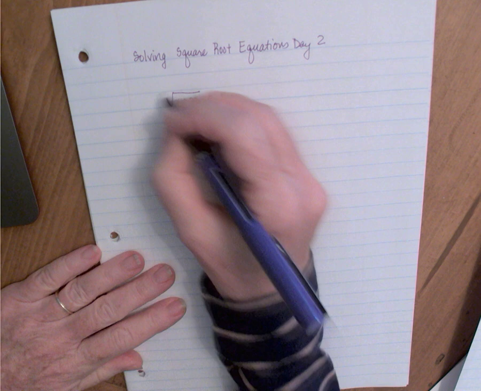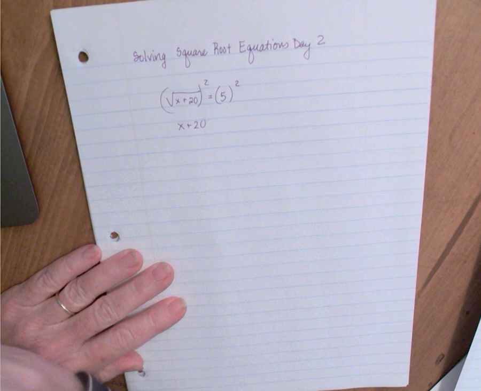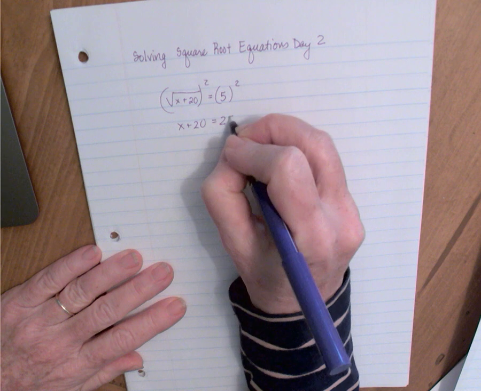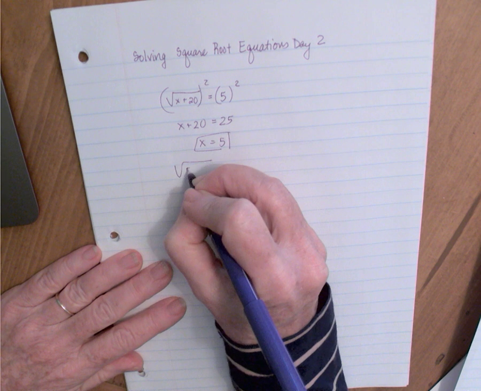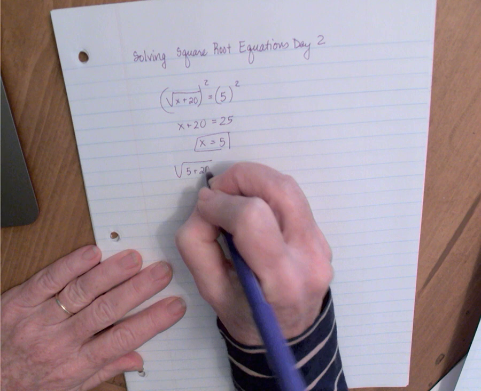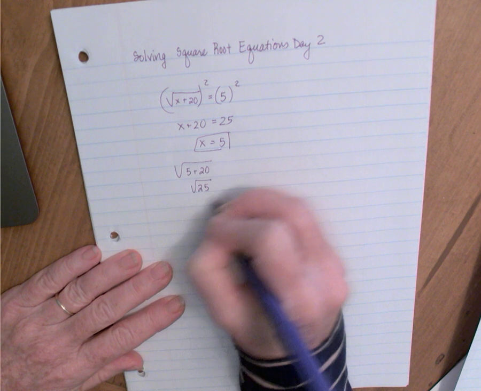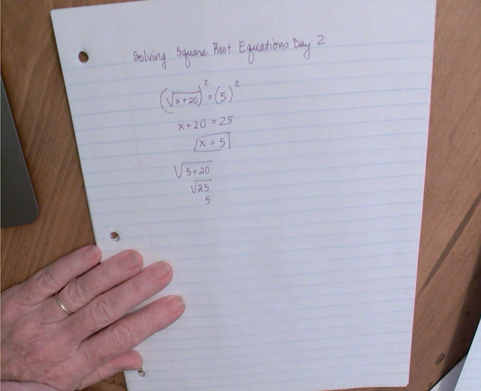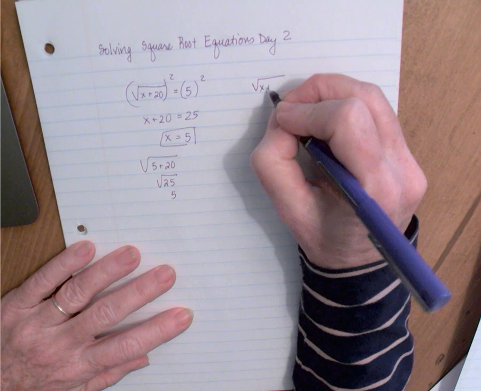We're going to square both sides. We're going to get, on the left-hand side, just x plus 20, on the right-hand side, 25. We're going to solve for x, we're going to get 5, and everything is true, right? 5 plus 20, if we plug it back into the original equation, would give us the square root of 25, which would give us 5, which is exactly what we started with. Everything's good. However, had I done this,